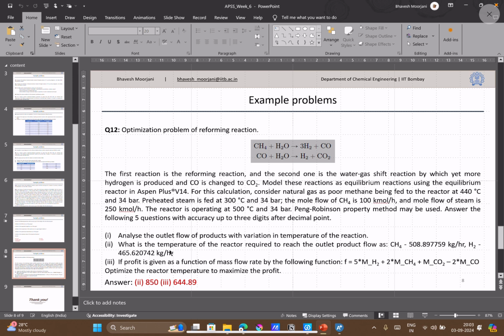Then we have been asked what is the temperature of the reactor required to reach a specific output flow rate, and then one objective function is given in terms of the profit. If profit is given as a function of mass flow rate, where function f is given in terms of the mass flow rate of all, then optimize the reactor temperature to maximize this profit. Okay, so